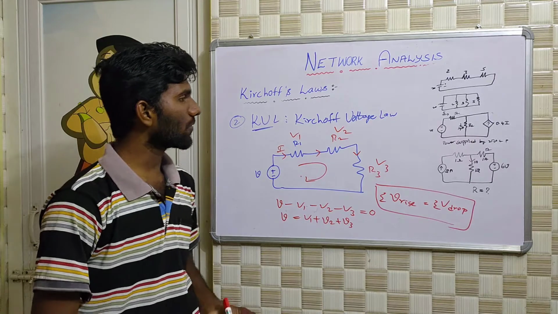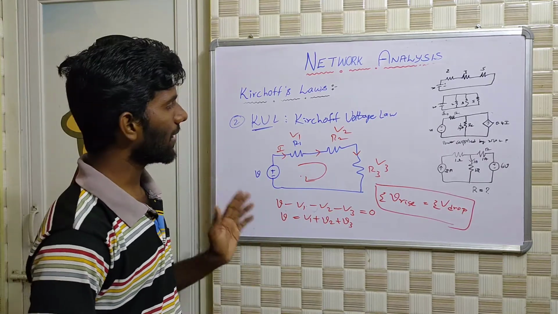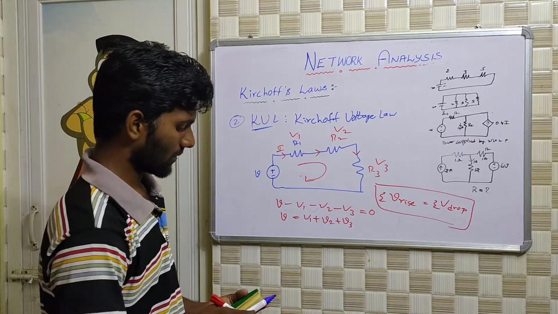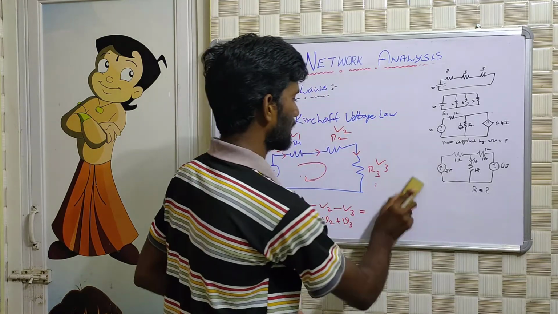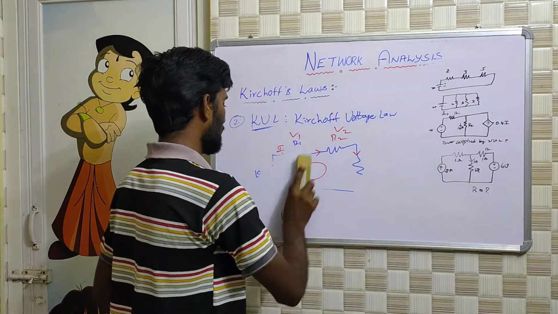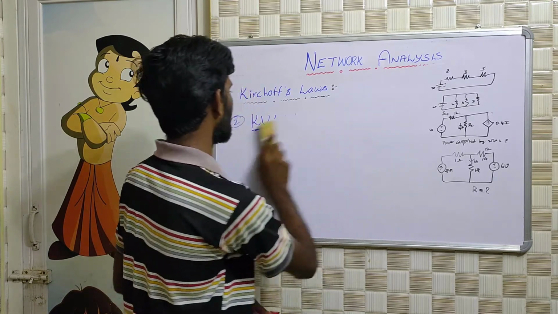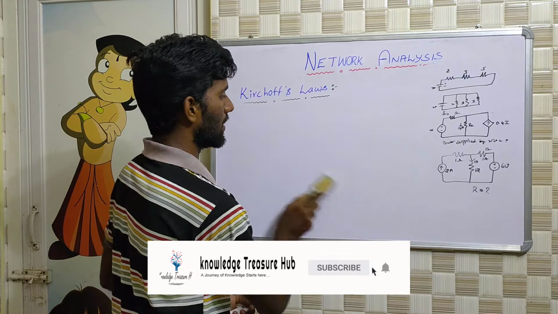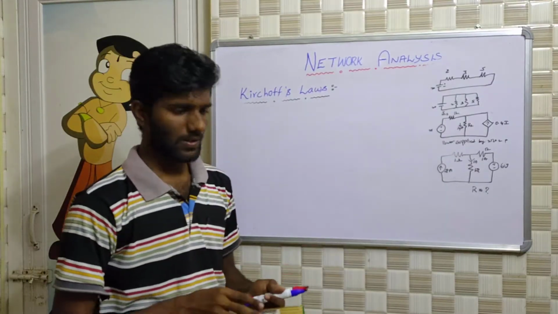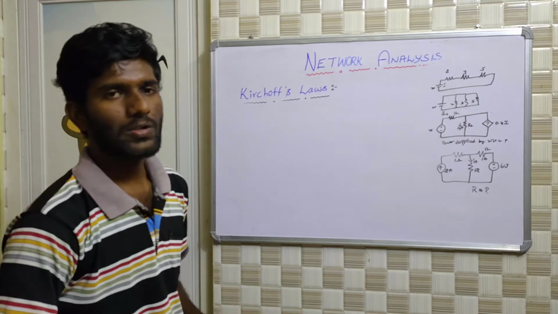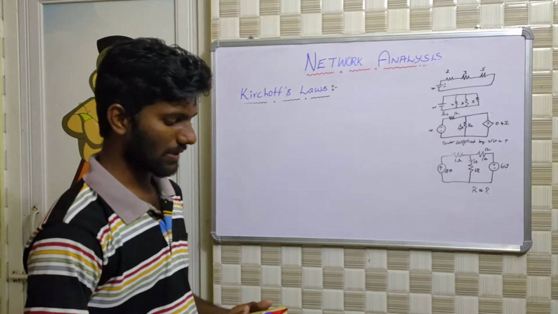Both Kirchhoff laws are very important laws. These are applicable for all lumped circuits. These two important laws are used to solve a number of circuit problems in network theory and network analysis. We'll see some examples on these Kirchhoff laws, so then it is going to be clear where we apply KVL and where we apply KCL.